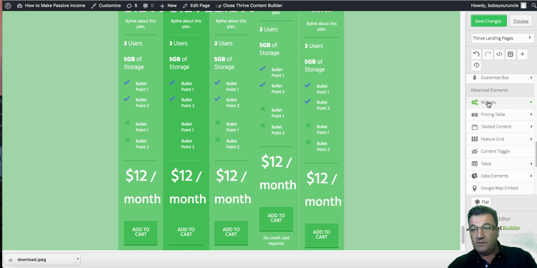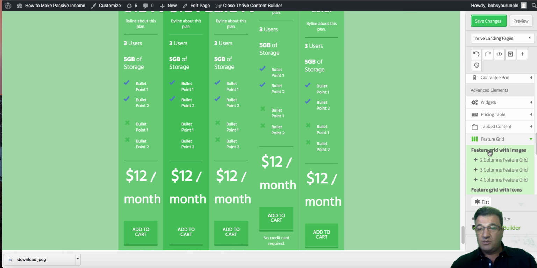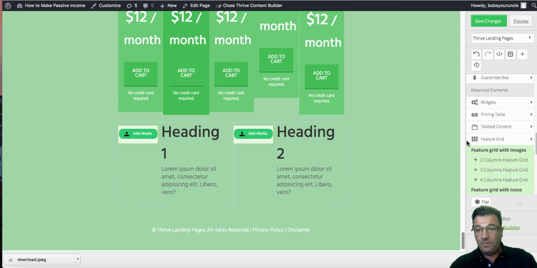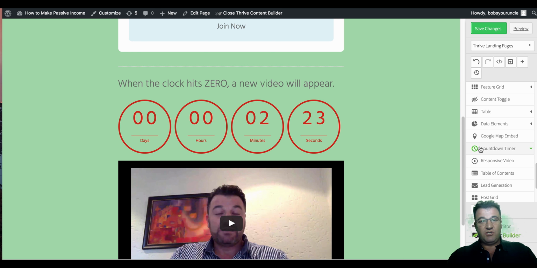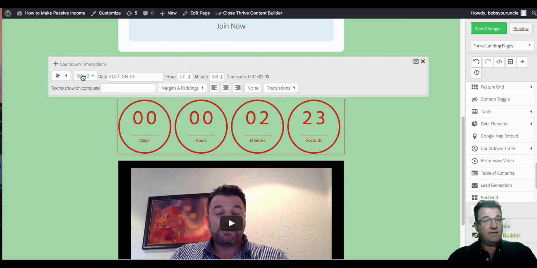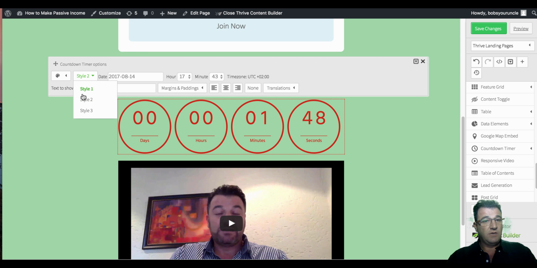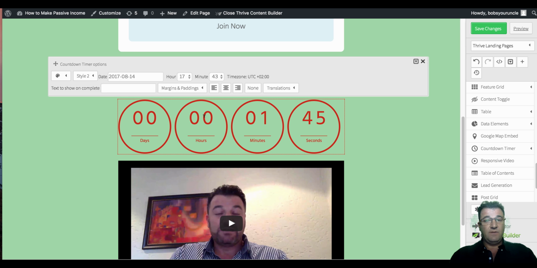So where are we? Here's the widget table. Okay, tabbed content, featured grid. So if you want to put in a grid, you can put in a grid. There's a 3 grid. There's a fabulous feature I want to share with you guys, and it's called the countdown timer. So I've dragged across the countdown timer over here, and there's various different styles. There's style 1, this is style 2, that's style 3. I like style 2, and this basically is a countdown timer that